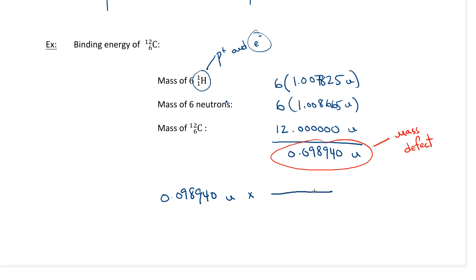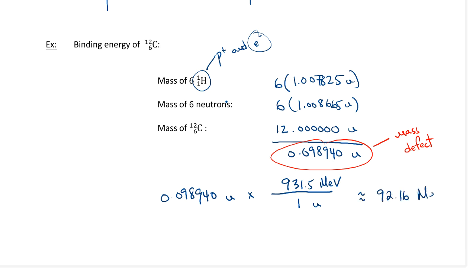Now, instead of using E equals mc squared, converting this to kilograms and putting it through E equals mc squared, I'm going to use the value that I worked out in the previous lesson, which is that 931.5 mega electron volts is the amount of energy we get out from one atomic mass unit. So now I just multiply this across, and I get approximately